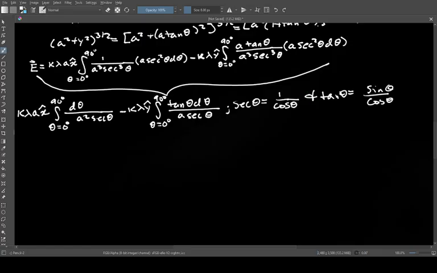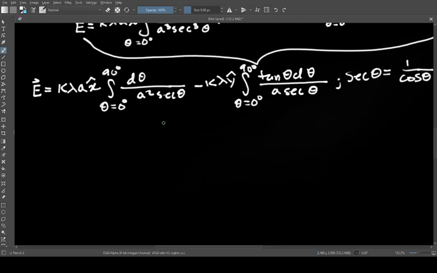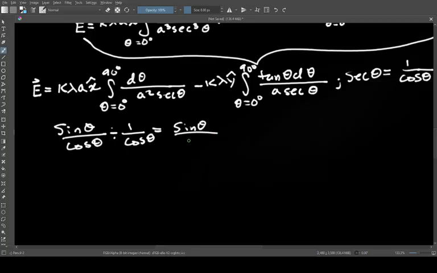So we have tan over secant, right? So all that means is sine of theta over cosine of theta divided by 1 over cosine of theta, which is equal to sine theta over cosine theta times cosine of theta over 1, which is sine theta. So now we can finally rework this